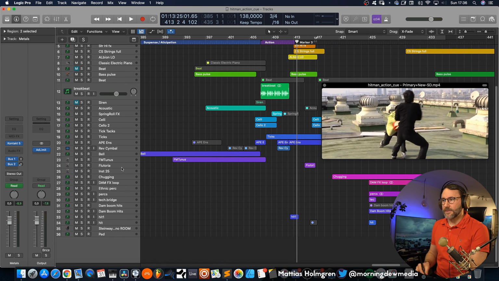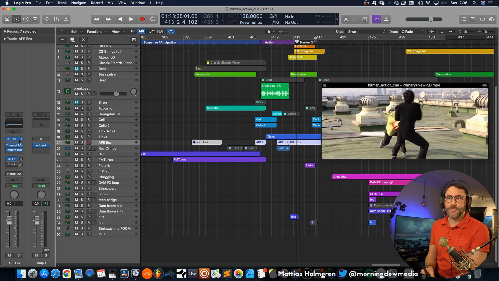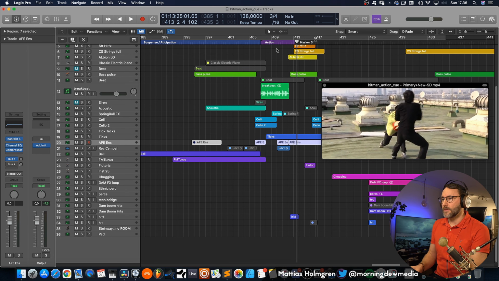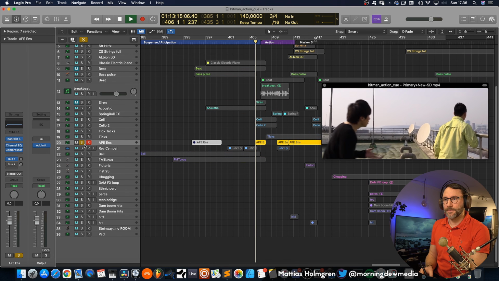And besides, we also have the Ape, which is apocalyptic percussion ensemble. And it sounds like this.